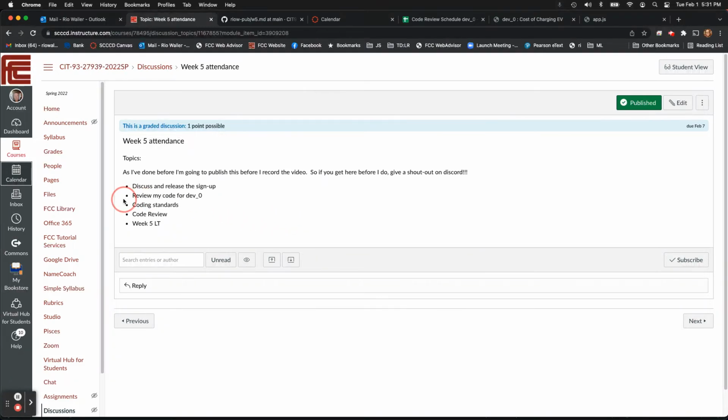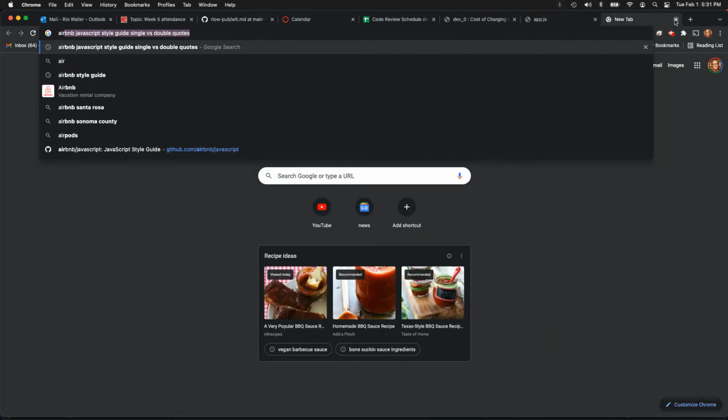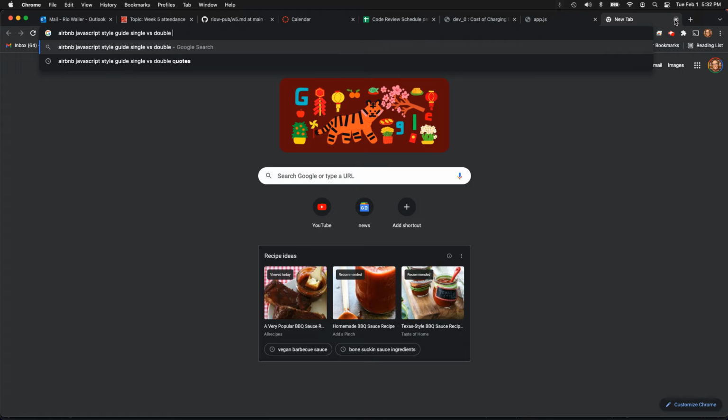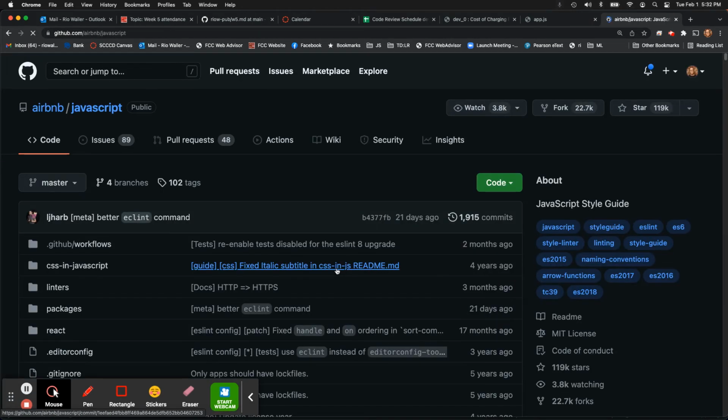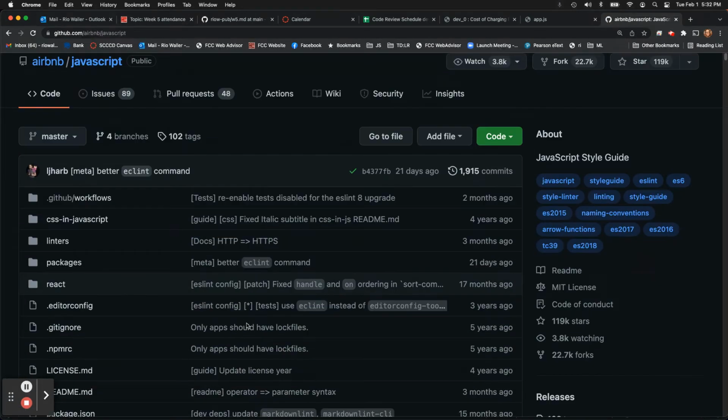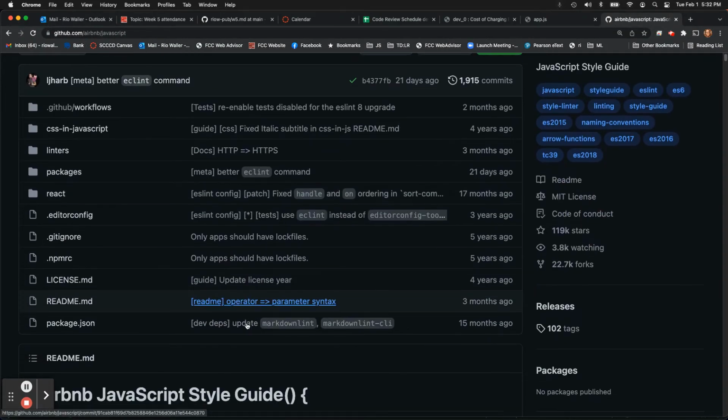And then coding standards, we've talked about these, so make sure you've reviewed the Airbnb style guide. If you're curious, you just search Airbnb JavaScript. I was actually looking at single versus double quotes. It seems like most of the time it uses single quotes, but I think it's a really good idea to look through here, right?